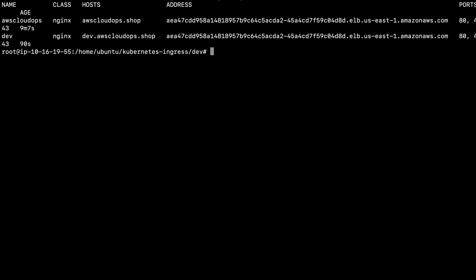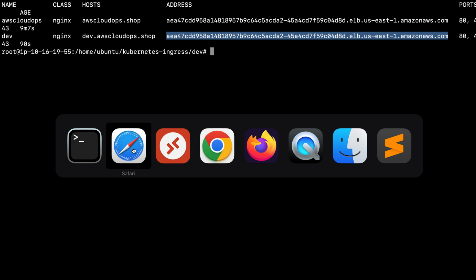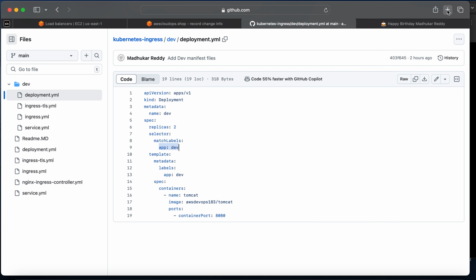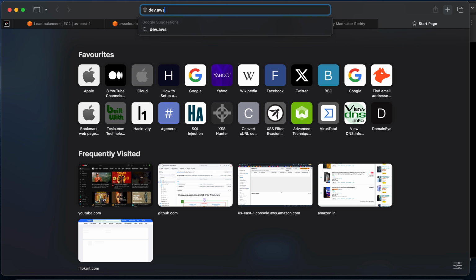If I do kubectl get ing again, now we've got two Ingresses, dev and aws. As I said, they have the same endpoint, this load balancer. So if I come back here and try dev.aws.cloudapps.shop,